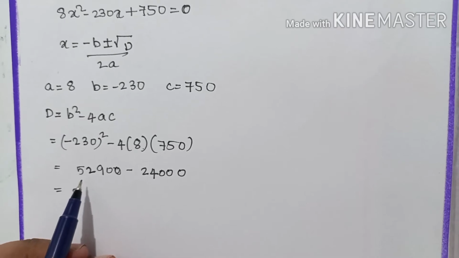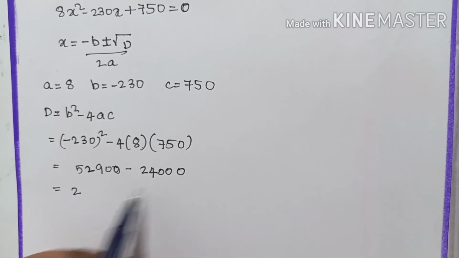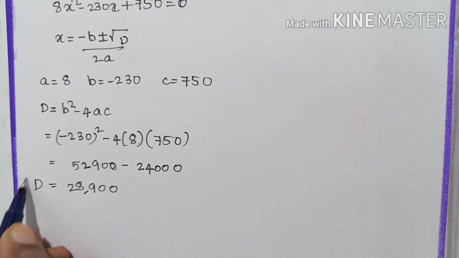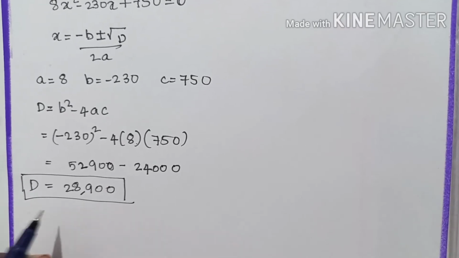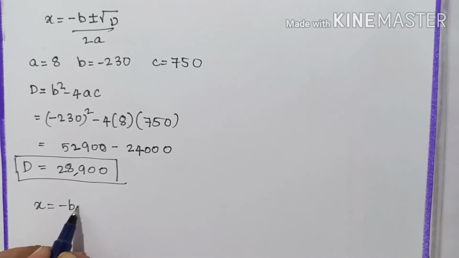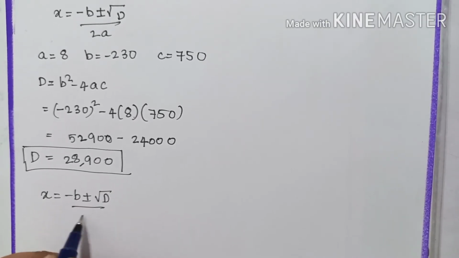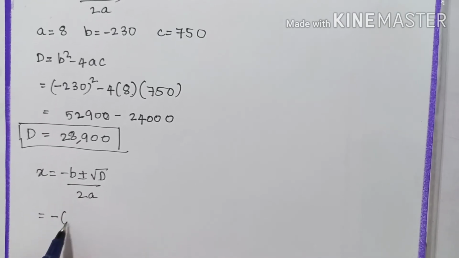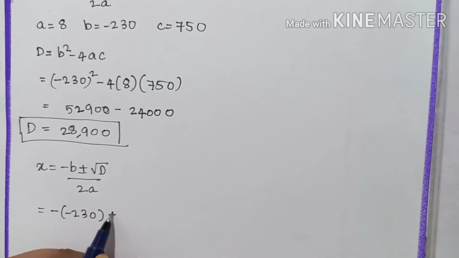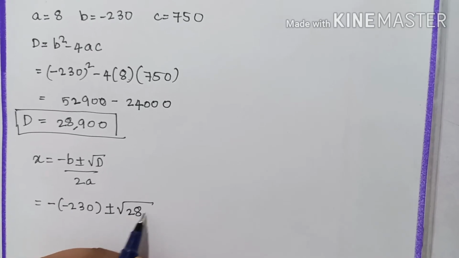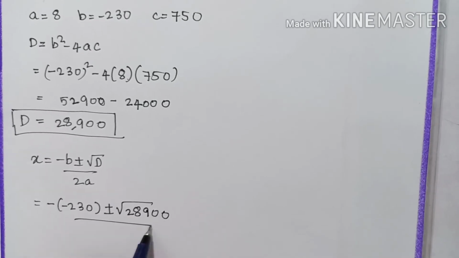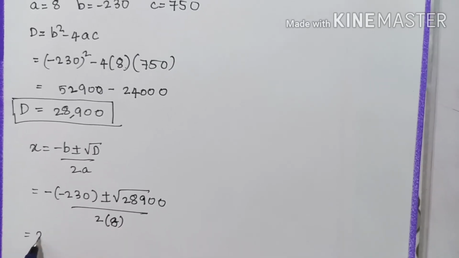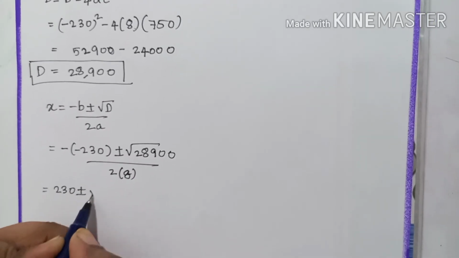Now 52,900 minus 24,000 gives us 28,900, which is the value of d. Now substituting into x equals minus b plus or minus under root d by 2a, we know the value of b, which is minus of minus 230, plus or minus under root 28,900 by 2a. A is 8, so that is 230 plus or minus under root